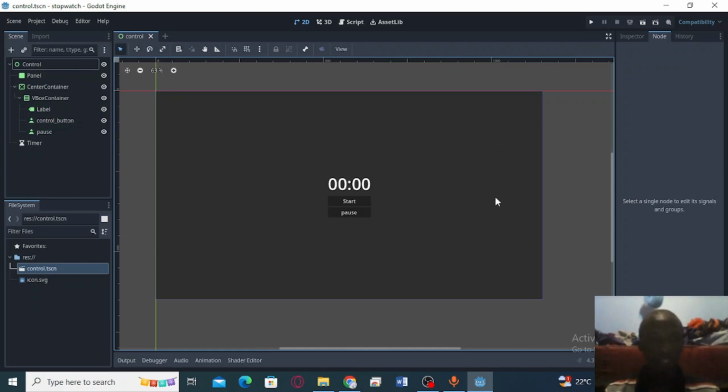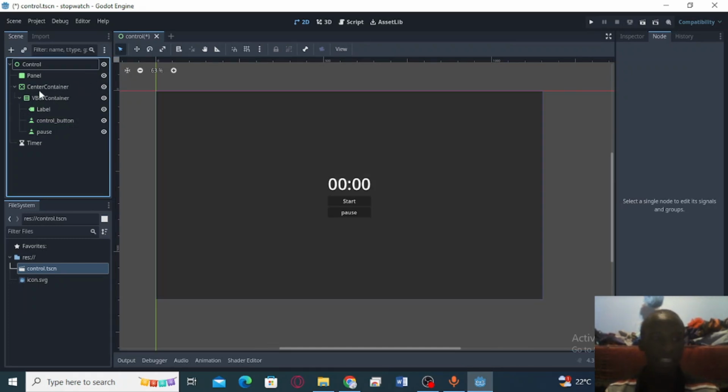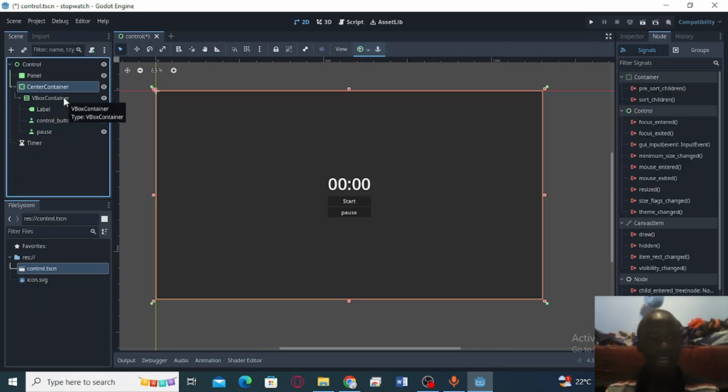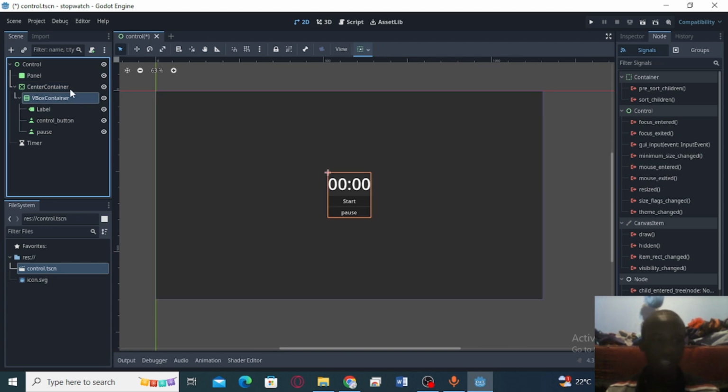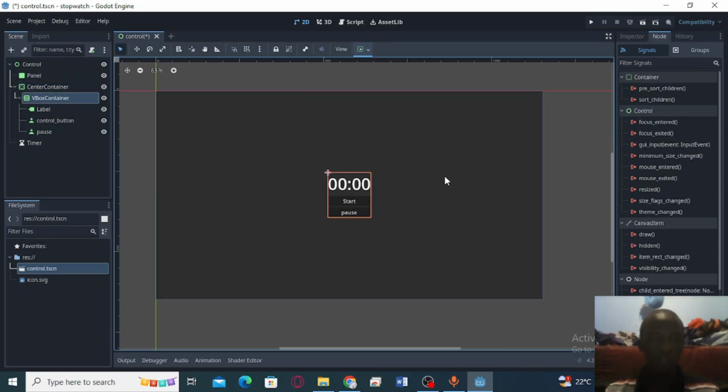What I have in my project currently is the basic layout of the project, and it is a control node with a panel for its background, and then it has a center container with a VBox container at its center, of course. So the center container basically holds its child elements at the center of the parent container, and then I have a VBox container which holds things in a vertical position, and it has three